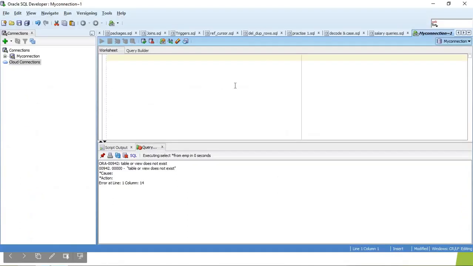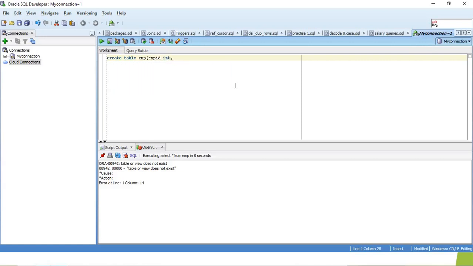This is the SQL Developer. I am going to create a new table, like an employee table. Create table employee. I am giving the first column as employee ID, empid, with data type int.